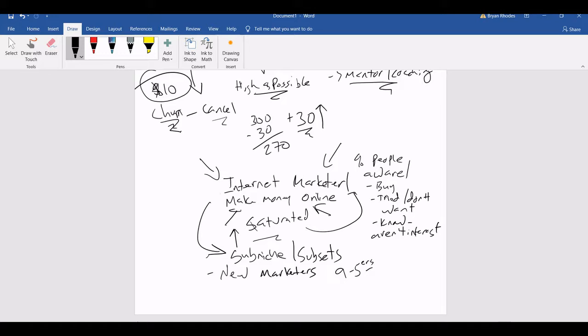Now here's where it can get a little bit dicey. Veteran marketers know that this market is saturated. So they already know that these are the kind of people they want to target. Because then they can get in there, introduce themselves as the go-to for this market and get them signed up. I have a problem with this, though. I do have a problem with it. It's not something I can do anything about, but it kind of peeves me because one thing I